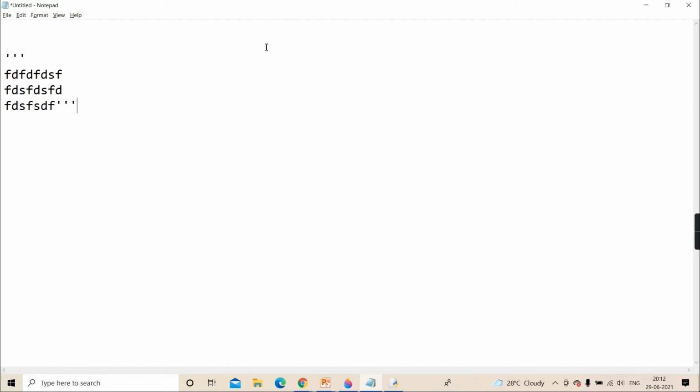Such multi-line comments in Python are called a doc string or documentation string. Do you agree, all of you? Okay. Now next thing I want to say: if you write such a doc string in a class body to describe something about that class, like class cat, and then here you are writing 3 quotes.